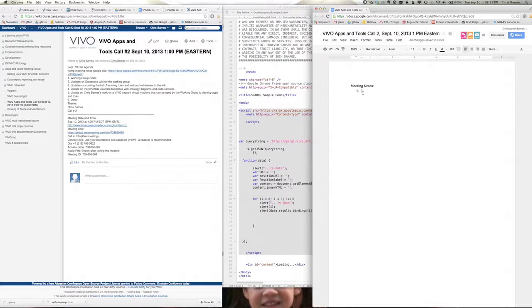Essentially, when I started working with this working group with John, the idea was to create a place for people who want to build applications and tools outside of Vivo to get together and come up with a set of goals and objectives that we can then give back to the main Duraspace working group to help them implement. So this time I'd like to open it up to anybody else who would like to tell me why they came to today's meeting, or if they have any goals for being part of the working group that they would like to share.